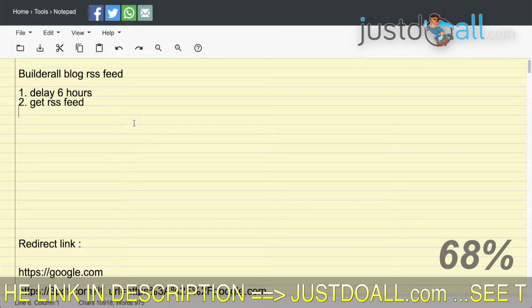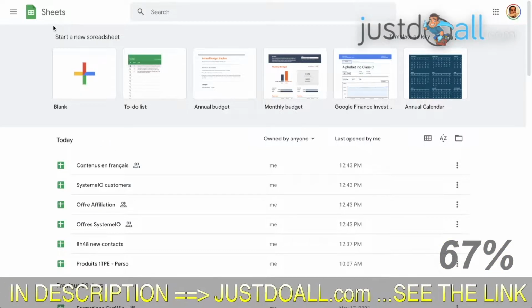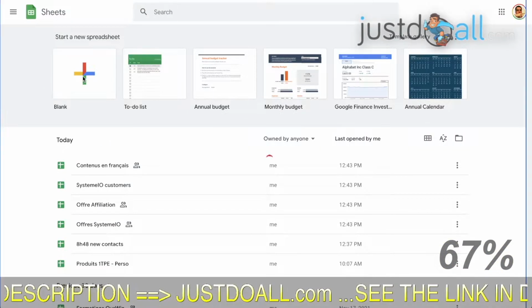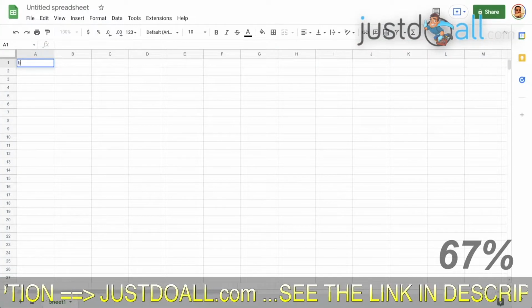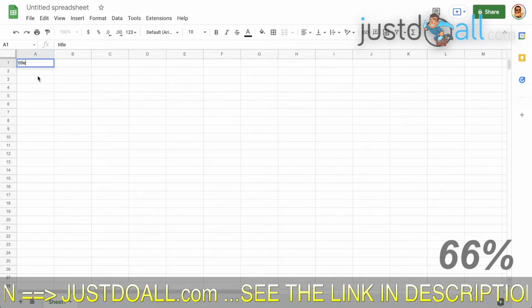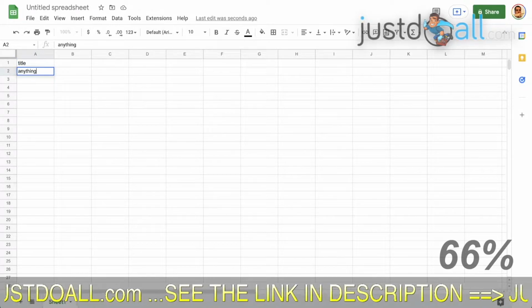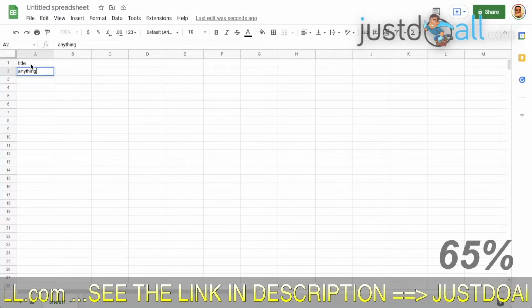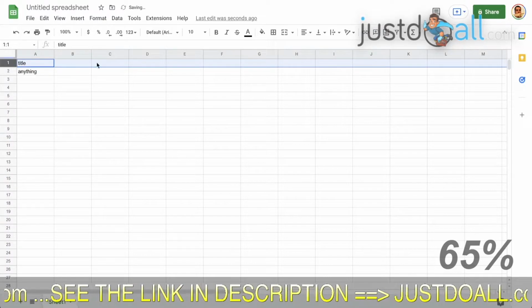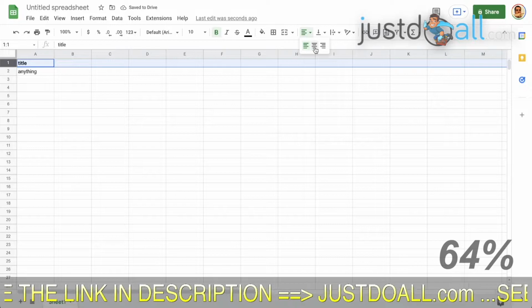For this, I will show you, we can use Google Sheets. You have your Google account, you create a new spreadsheet. At the top, you write the title, so this is the header. And here, you can put anything, because at first, we won't have any track record of what was the last article we used. This one, I put it in bold, just to remember that it's a header.